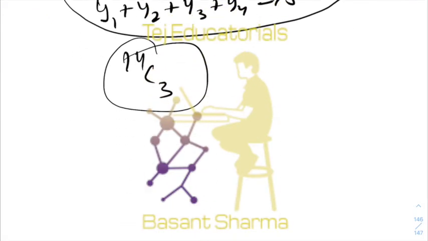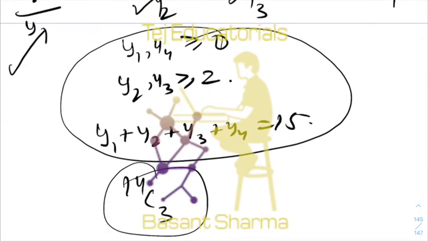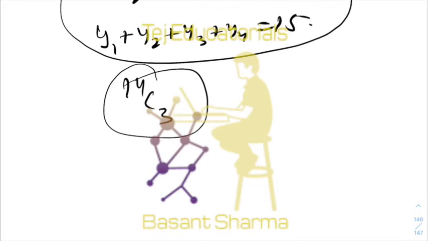But what is 14C3 telling me? 14C3 is just telling me how many girls are present here, how many girls are present here, how many girls are present here, and how many girls are present here. It is only giving me the number of girls present. It is not telling me which girl is present where. But that is also important. Ordering is also important. So now, first of all, you can permute the 3 boys in 3 factorial ways and the girls in 15 factorial ways, right?